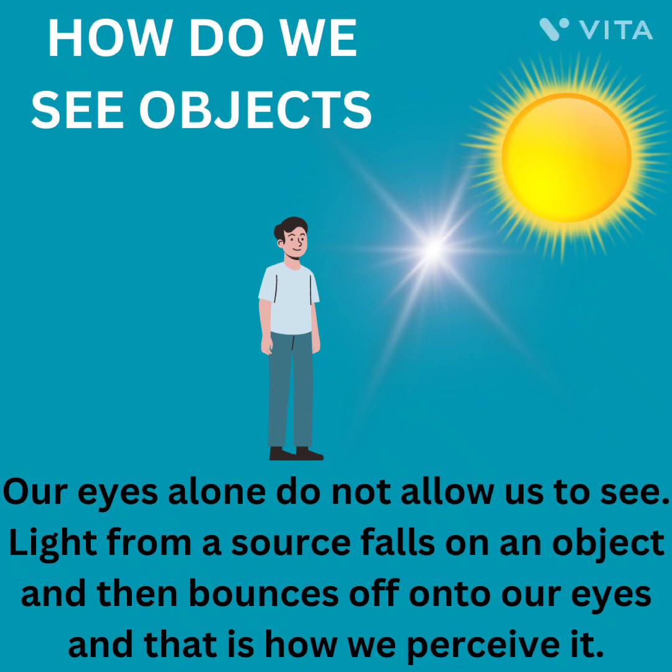We have eyes and we can see the objects around us. To see the objects around us we must experience the reflection, that is, the rays from the source will fall on the object, and then from that it will bounce back to our eyes so that we can perceive it and see the objects around us. Then only we can see objects.